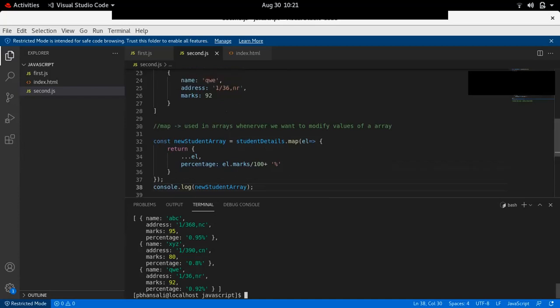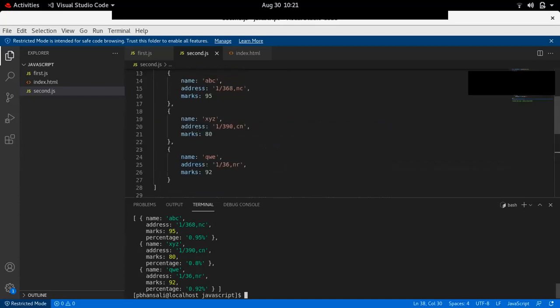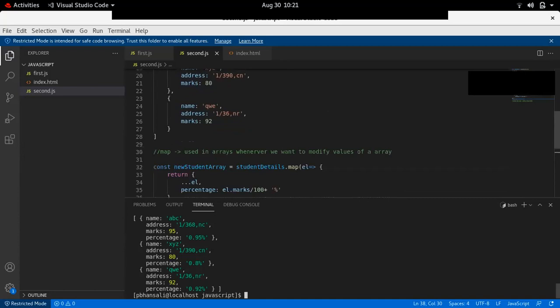This is a very, very important concept. This will be a normal use case for you. Whenever you are working on some big array of objects, you have to use this syntax a lot. You have to change the properties of an object within the array, so you can use this map operator. The map operator takes an arrow function or a callback function. Inside that callback function, you can return the modified object.